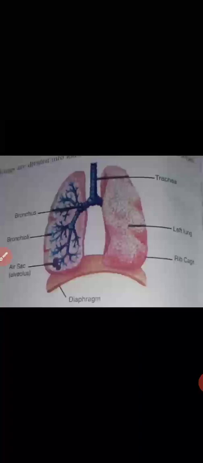The age factor and level of fitness decide the efficiency of the respiratory system. Breathing rate normally is 15 to 20 breaths per minute, but it may increase up to 40 breaths per minute. Tidal volume is the normal amount of air exhaled in a single breath, approximately 500 ml in a normal adult. Vital capacity is the maximum air exchange after a deep breath.